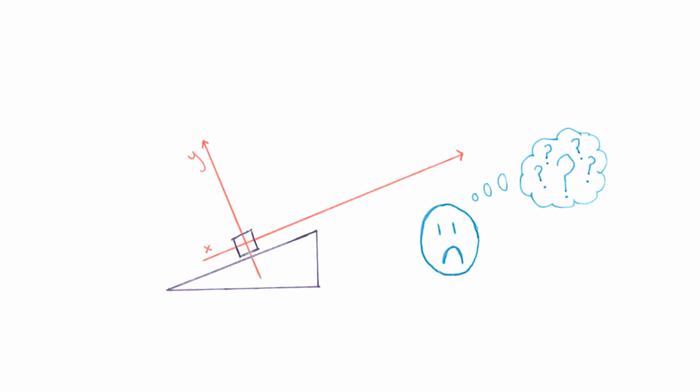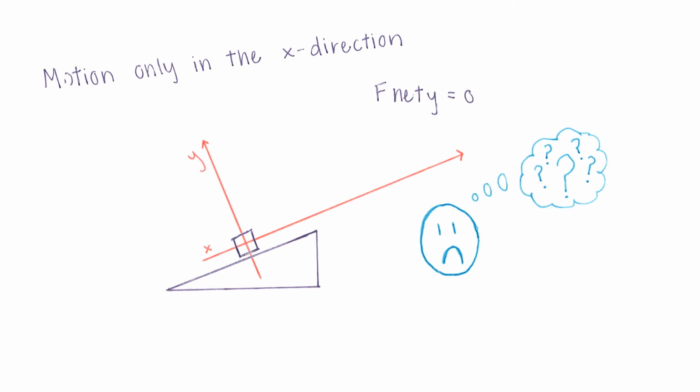I remember the professor said that it's because it makes the calculations easy. It turns a two-dimensional problem into a one-dimensional problem. But even if we use a rotated set of axes, there are still forces in the y direction. Right. There are forces pointing in the y direction, but there is no motion in the y direction. Oh, that makes sense. With the tilted axes, the net force in the y direction is 0, so there's no acceleration in that direction. The only acceleration is in the x direction.